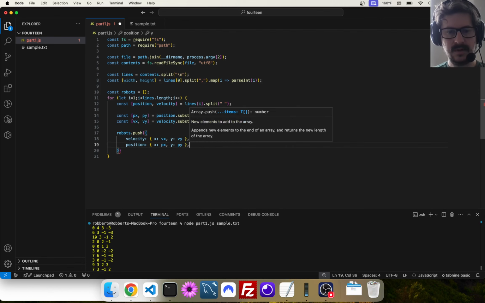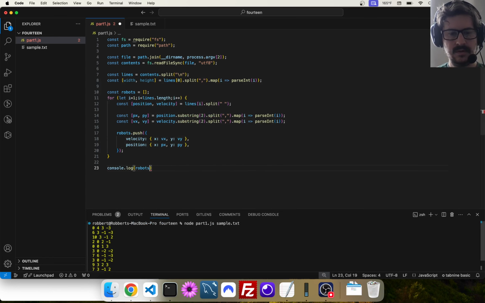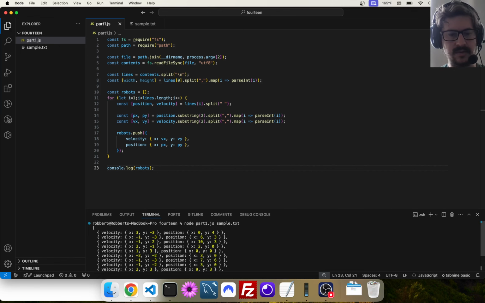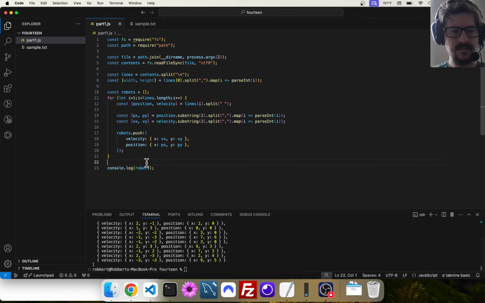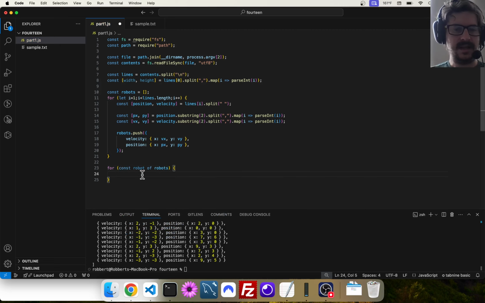All right, cool. So that gives us our robots. And hopefully none of them are off the map. Okay, cool. So yep, that gives us our velocity and our position with x and y. Now we need to figure out how to loop over these guys and get something to actually work. So let's see, for robots. The thing is, I don't actually need to know the index, I think,